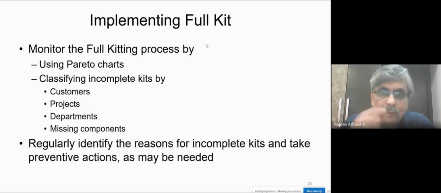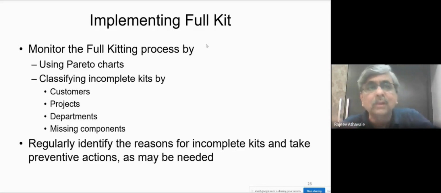As you do that, regularly identify the reasons for incomplete kits and take preventive action. You know, it happens. Maybe through oversight or maybe a lot of pressure, or maybe certain things are really not available and people feel that we can go ahead, it is coming, it is on the way, and when it is required, it has not yet reached. It can happen. Maybe you are not buying the things in time. Maybe you are not starting some parallel task in time. So find out those reasons and then take preventive action so that it doesn't happen.